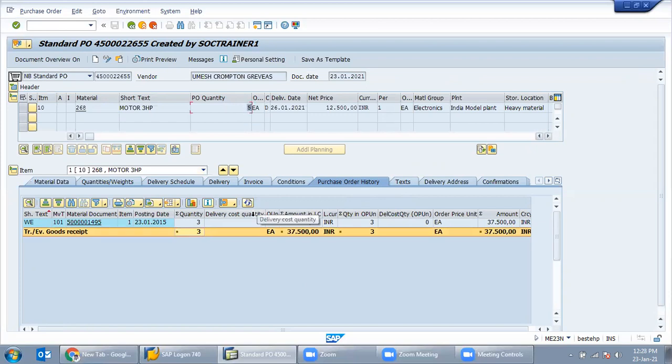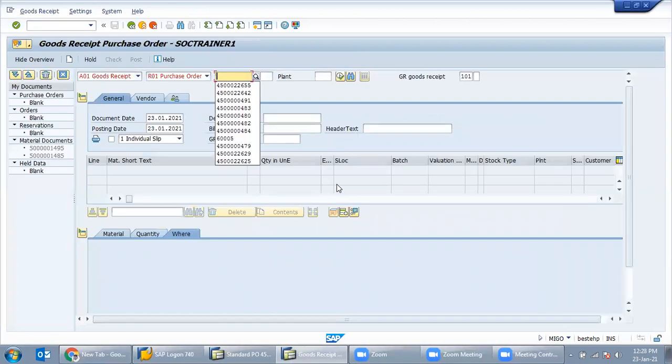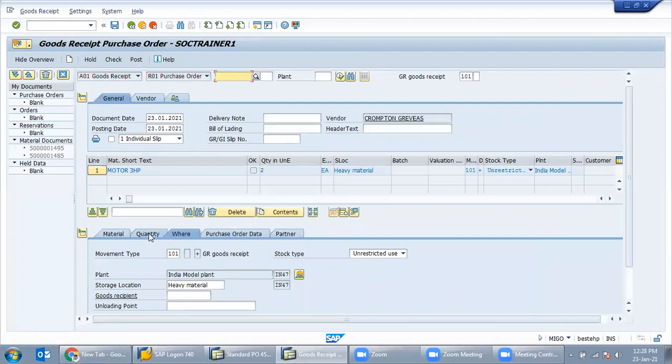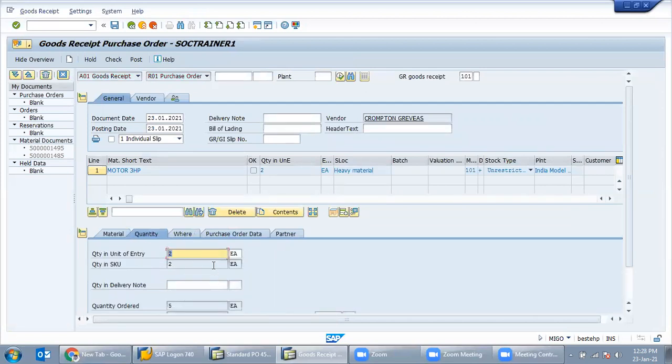I ordered 5 quantities. So again, I go to the MIGO T code and we again do goods receipt for 2 quantities. See, automatically it comes 2 quantities. No need to change.